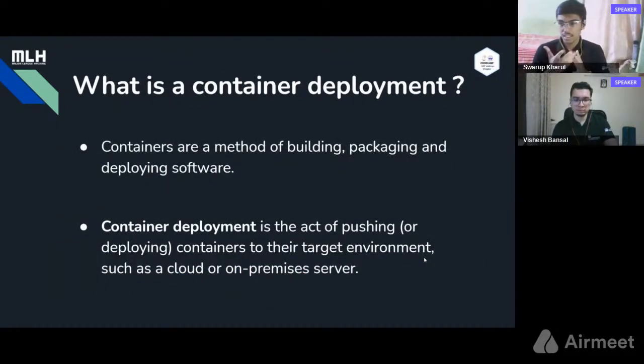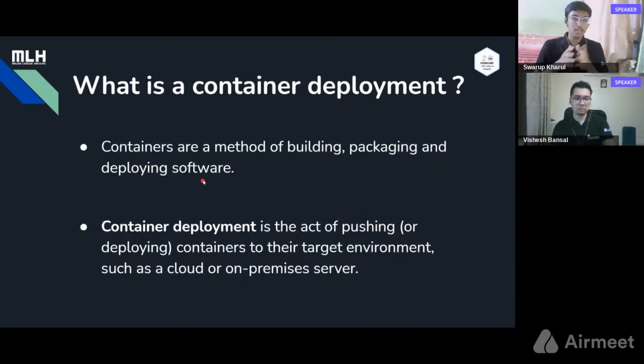Let's break down the word container deployment. What is a container? So our code can be in different languages. It may rely on any software, or it may install some packages from the internet, or it may require some specific system requirements like memory size in order to run properly. So in containerization, containers hold all the figurative nuts and bolts needed to run a program. So instead of cooking in another person's kitchen, containers allow us to create our own kitchens on servers wherever we go. In simple terms, containers are a way to package your code and allow it to run on any machine. So containers are a method of building, packaging and deploying your software.